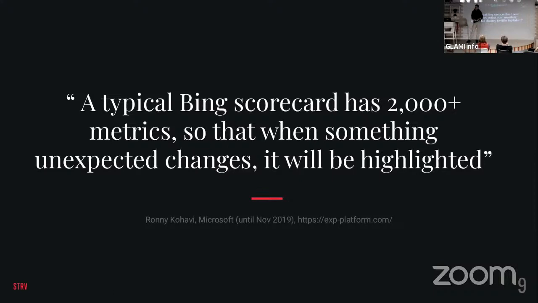And I asked him how it's possible to evaluate such an experiment with 2,000 metrics, and he told me that they have a kind of dashboard where he just looked at green metrics that were statistically significant, and so they had some kind of visualization of these 2,000 metrics.